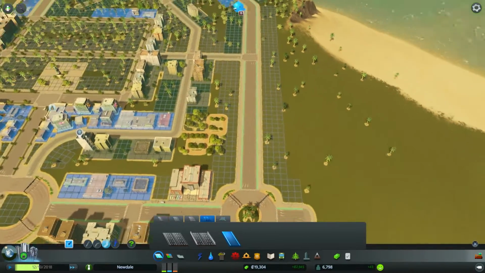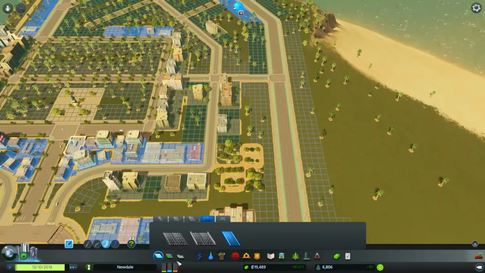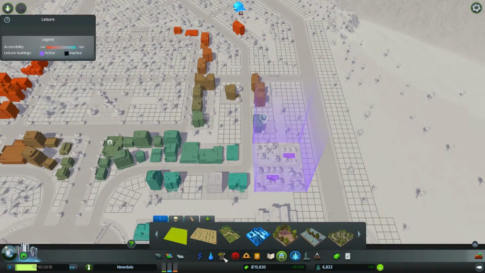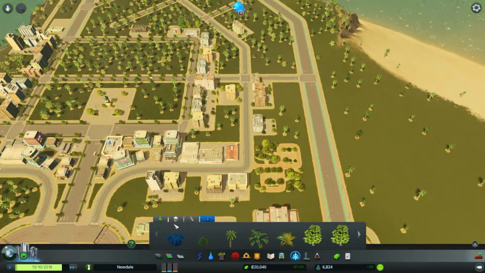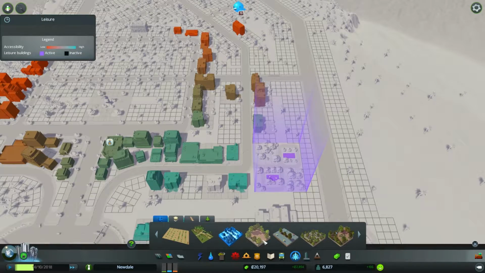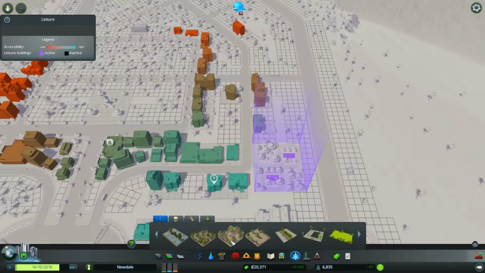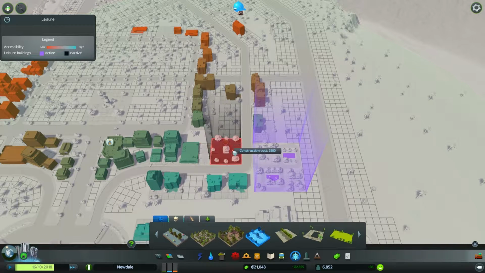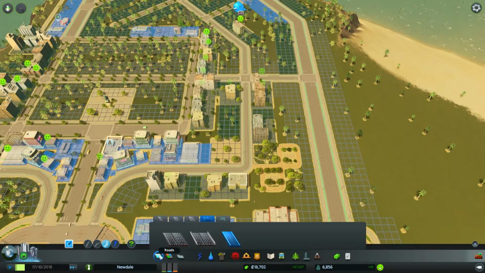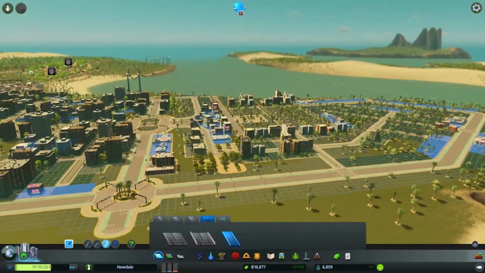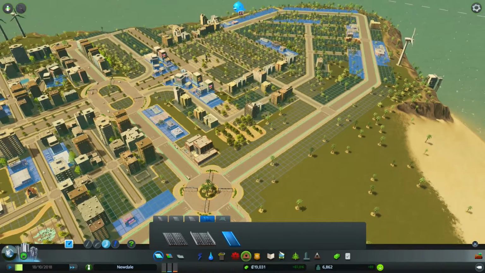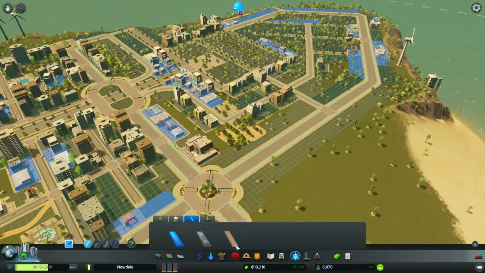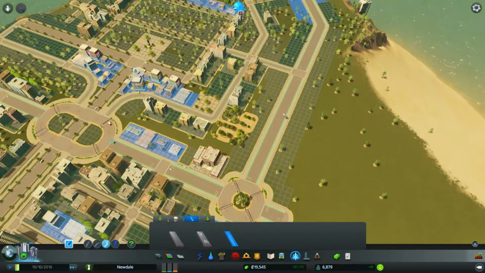And I will go and connect those up, but this zoning is just getting a bit ahead of me here. So let me just put another... I want to put a little plaza in right in there as well. Neat, very neat. And yes, I did say I would connect these paths up, so give me my windy tool